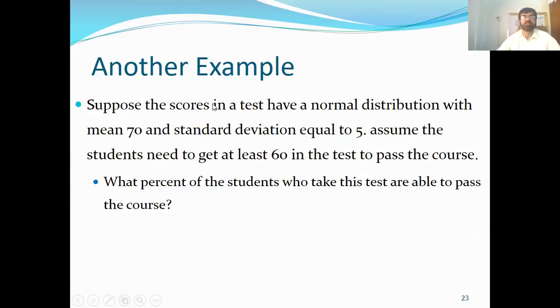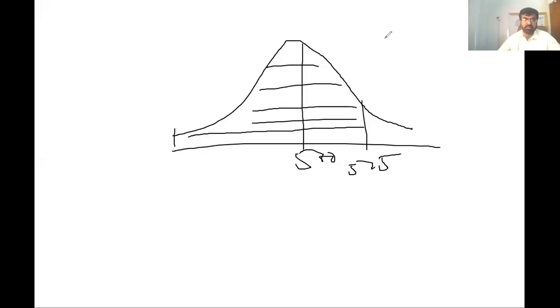Another example, suppose the score in a test is normally distributed with mean 70 and standard deviation equal to 5. Assume the student needs to get at least 60 in the test to pass the course. What percent of the students who take this test are able to pass the course? It means we need to calculate the percentage of those students